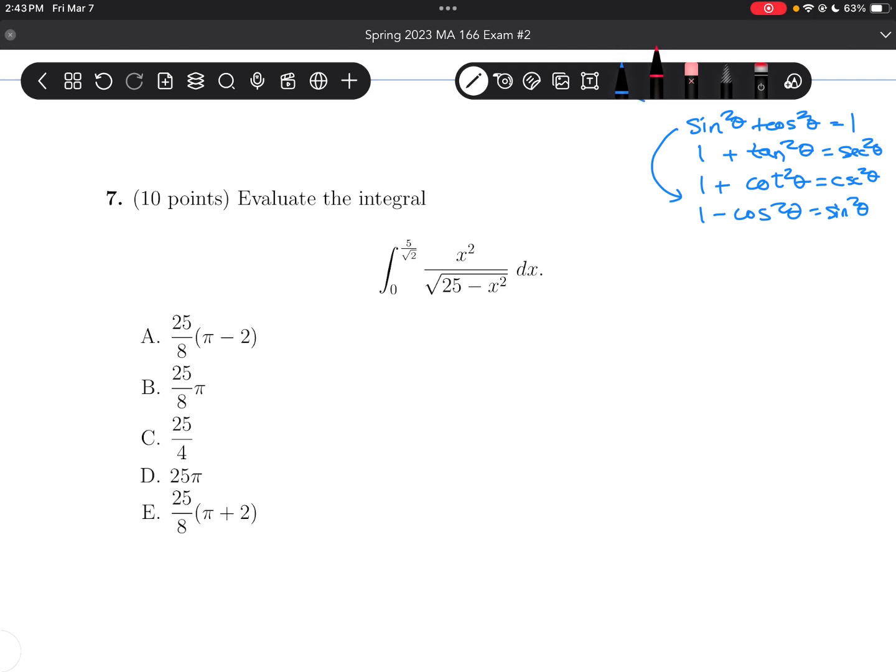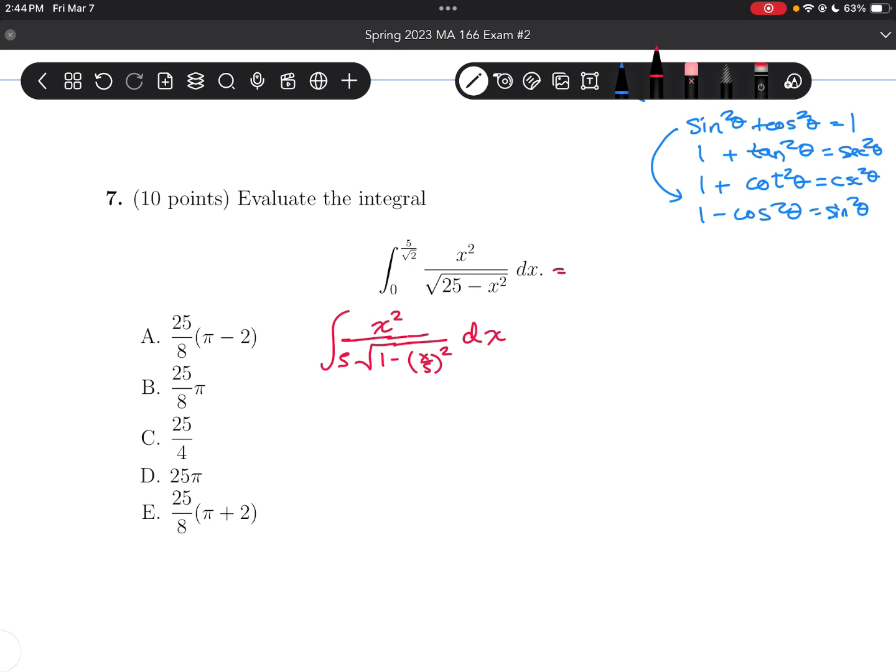Okay, so there's a way to pick what value to substitute for x, but I'm going to go through a kind of derivation to show you how you could decide which one to choose without memorizing. What I'm going to do first is pull out this 5 from the radical. That leaves 1 minus x over 5 squared